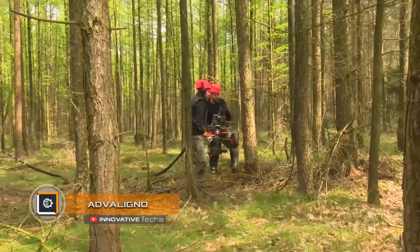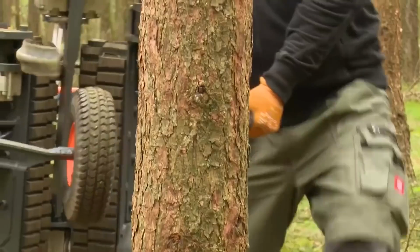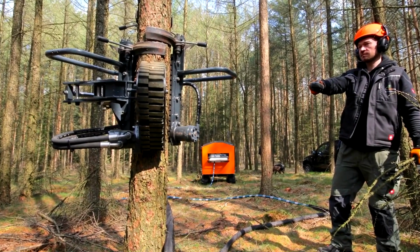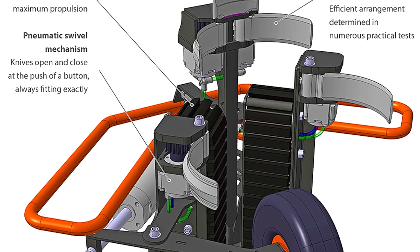Advalino is a system of mechanical trimming of live trees for the production of high-quality wood. The device is capable of processing up to 60 trunks per hour at a height of up to 49 inches. Processing of one tree takes no more than 10 seconds. Such results were achieved by applying a 2-module hydro-pneumatic system, which can be connected to any tractor with a hydraulic